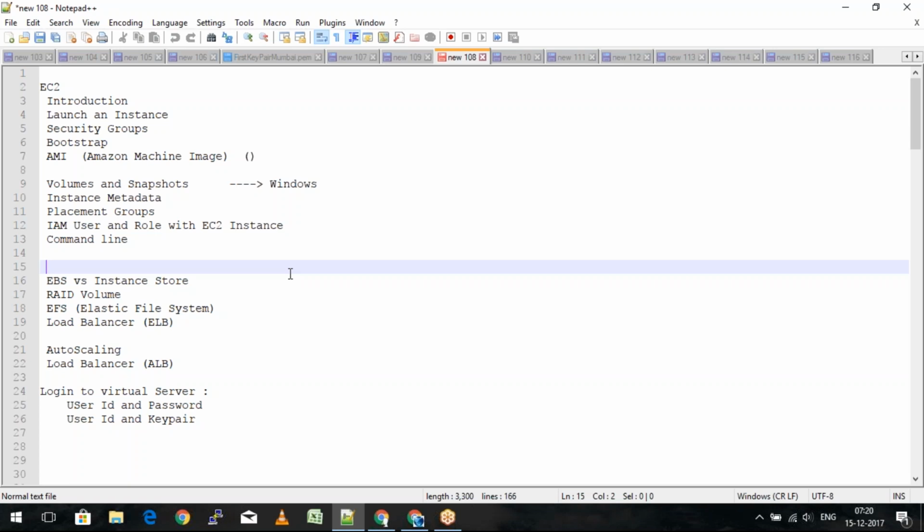Specifically, we started connecting first with the help of the access key and the secret access key, where we learned that all the credentials of a specific user, in terms of access key and secret access key, get stored in a specific path where the .aws folder gets created, and inside which these credentials will be. And using those credentials, we were accessing the S3 buckets. We were able to send the data from our local EC2 instance to the S3 buckets, and from the S3 buckets we were also able to get back to the EC2 instances.